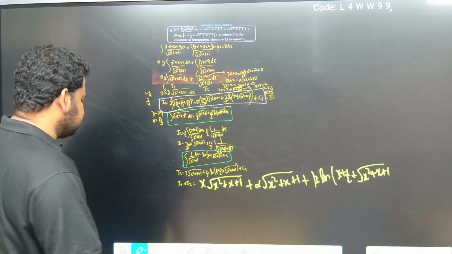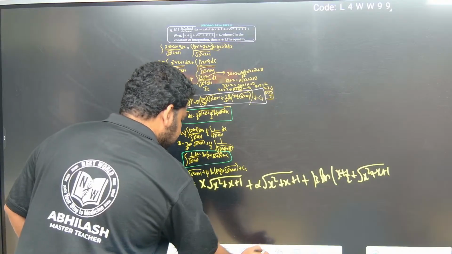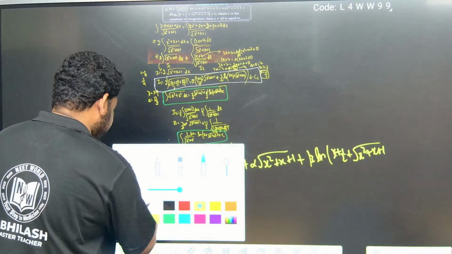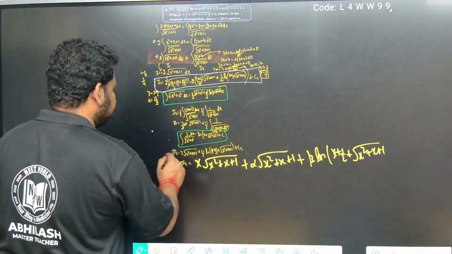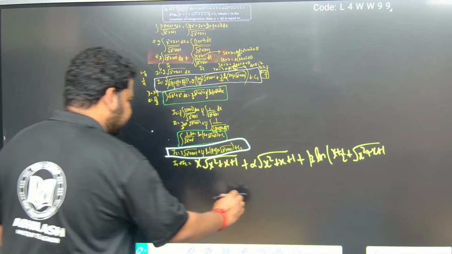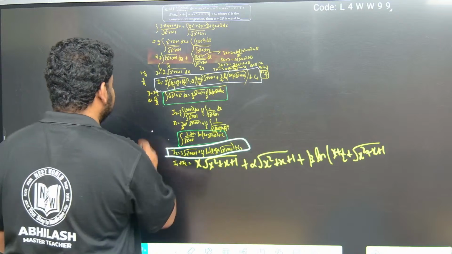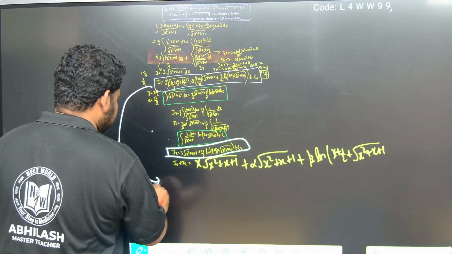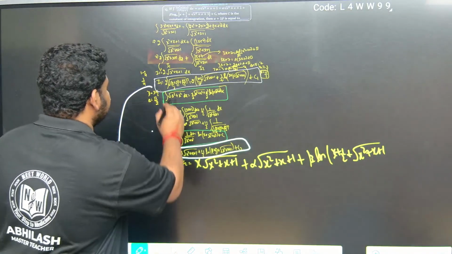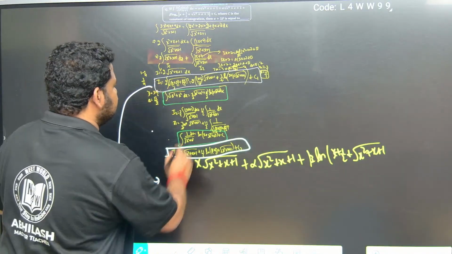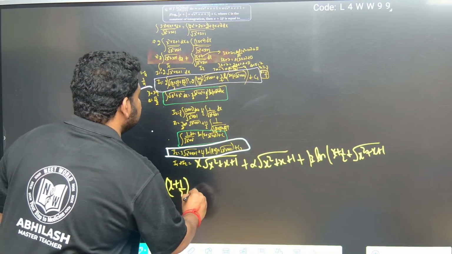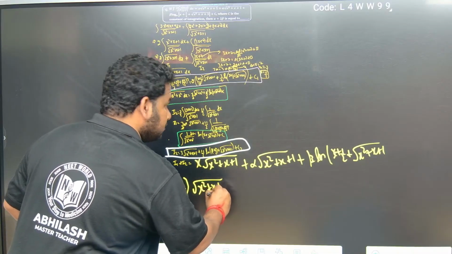Now what about I1 plus I2? Let me write down I1 first. So I1 will be equal to what, friends? I1 is nothing but equal to x plus 1 by 2 into square root of x square plus x plus 1,